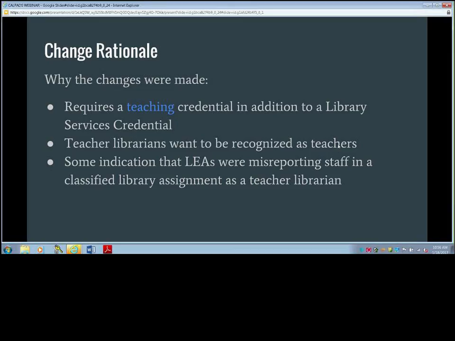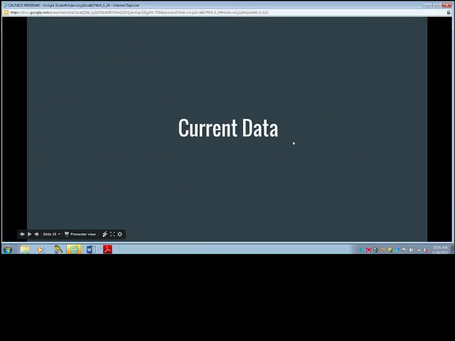Okay, so let's talk about current data. Hold on a second, we had some questions. The first one is from Victoria, and you may have addressed this already. They were requesting that we put the answers on the screen in writing instead of responding verbally. I think the answers will show up in the transcript when you get it. Right, yes. We apologize, because we're getting lots of questions, it's not always possible to type everything that the presenter is saying in the answer box. So I apologize for that, Victoria.